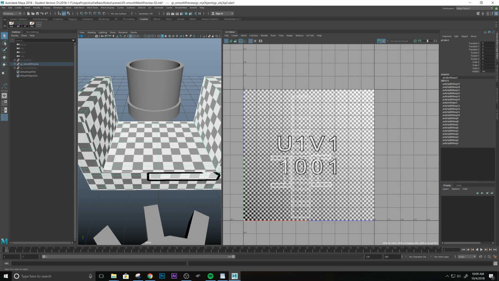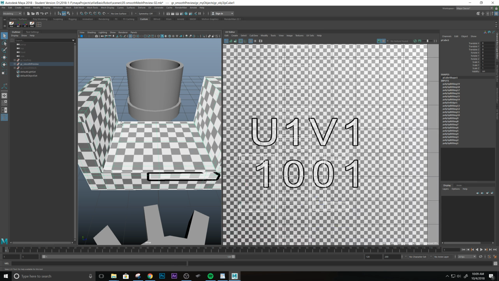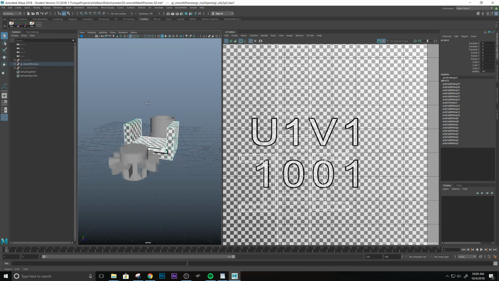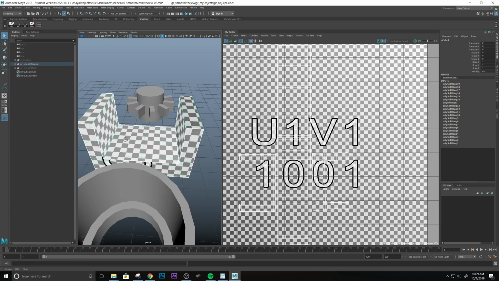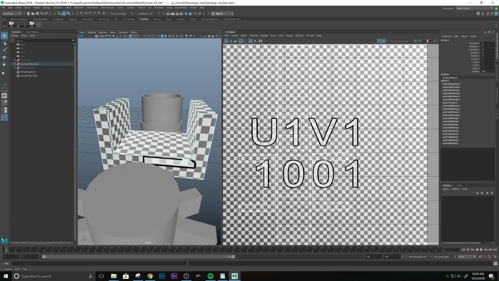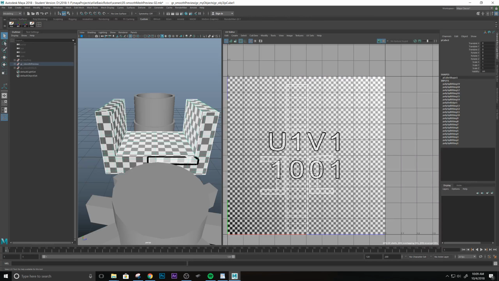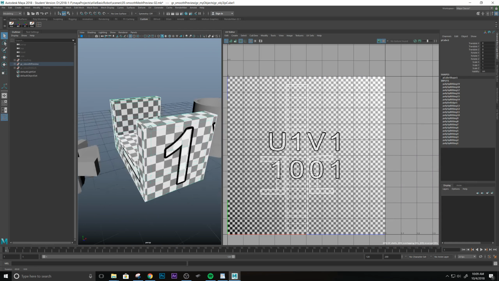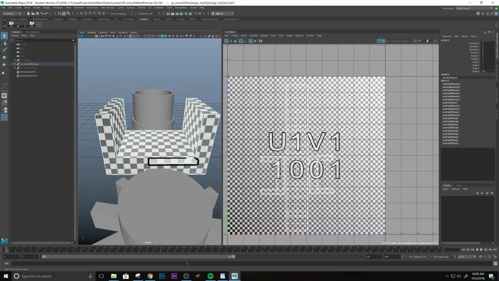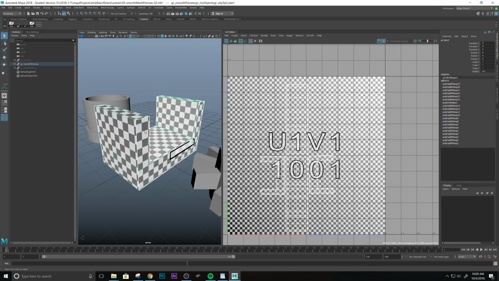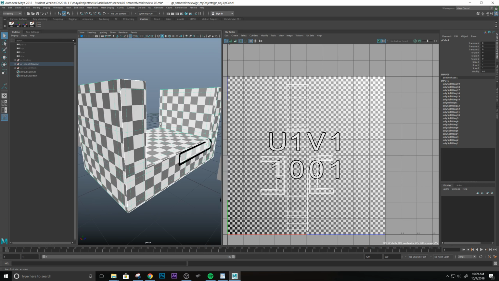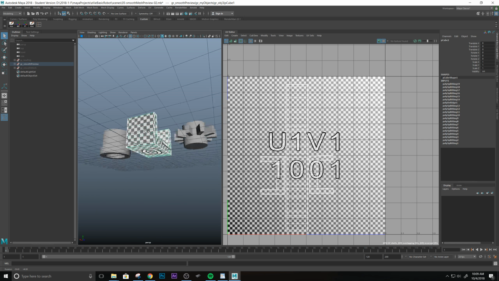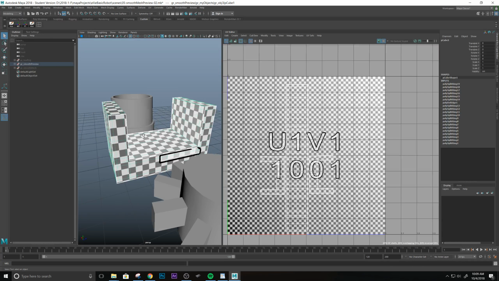But because you have already had these shells separated, laid out and nice and cleaned with the checker map showing correctly, now you get to work on the UVs, or even apply the same texture that you used for the low polygon version to this, and everything should look correct. Okay, that's the nice thing. And now I finally get to tell you why it is important to create the UVs with the low polygon version. Okay,